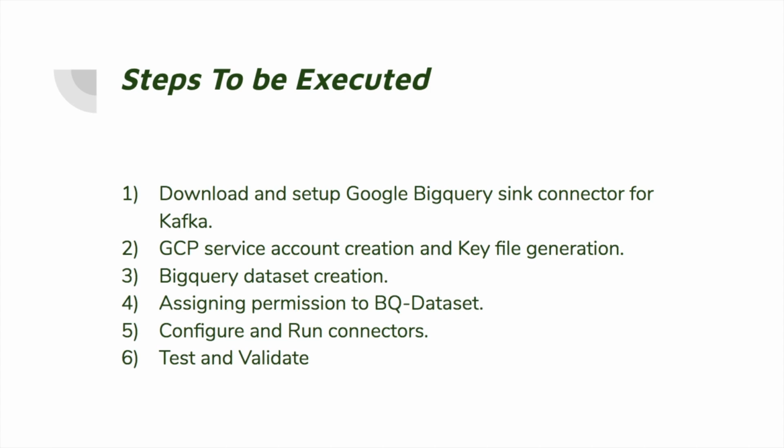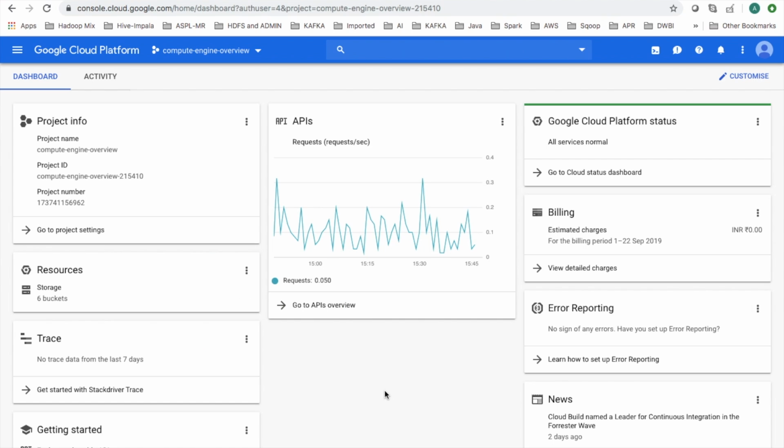Okay guys, so now it's time to work on points 2, 3, 4. These points, starting from 2 to 4, are related to the Google Cloud Platform side. So what we will be doing is, we have to create one service account and generate corresponding key files. Then we will create one dataset inside BigQuery, and then we will give the required permission to that dataset. Okay, so this is the Google Cloud Platform